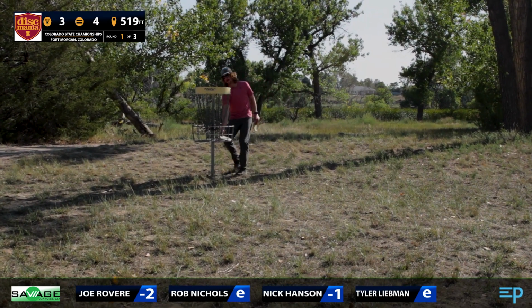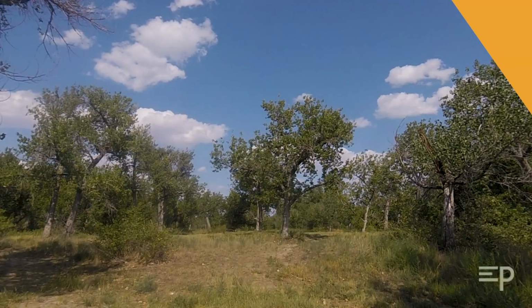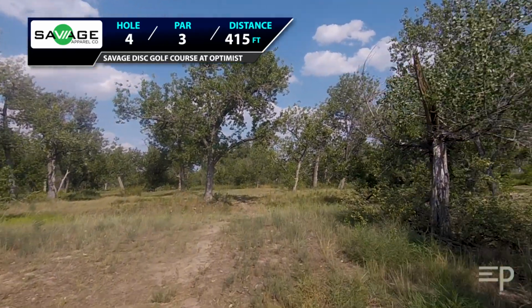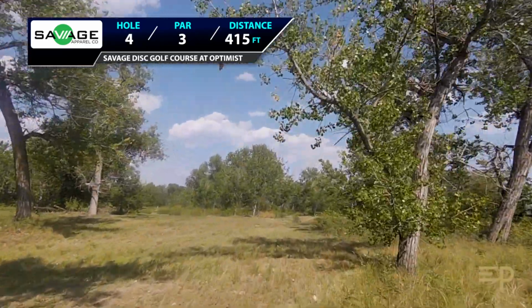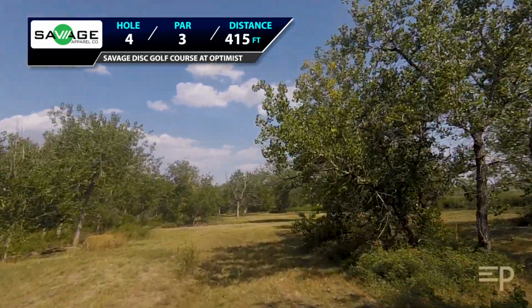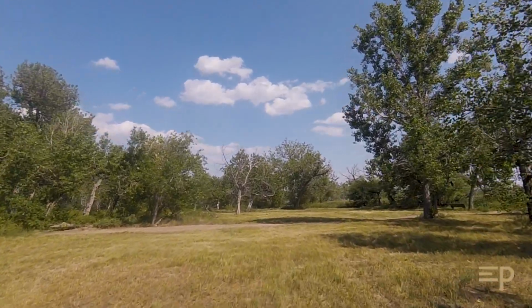So, I'm going to tap out a couple what feel like bogeys, pars, and we're on to hole 4. Hole 4 listed as a 3, plays definitely closer to a 4 for most of the field, even though it's only 415. You've got a narrow gap to get through off the tee, and then you're kind of doglegging a little to the right and trying to give yourself just a look to get up and down for that 3